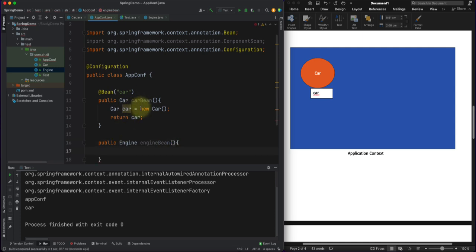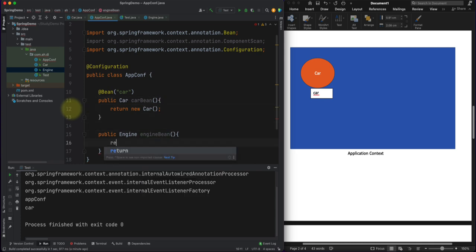So for this one, instead of writing this one, you can directly write like this as well. Okay, there is no complex logic involved here. So this is the simple creation of object. Returning new engine,